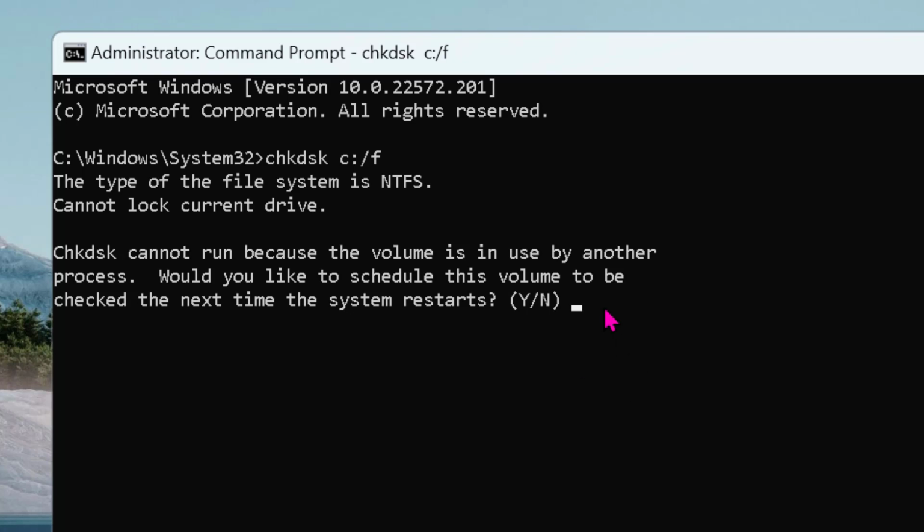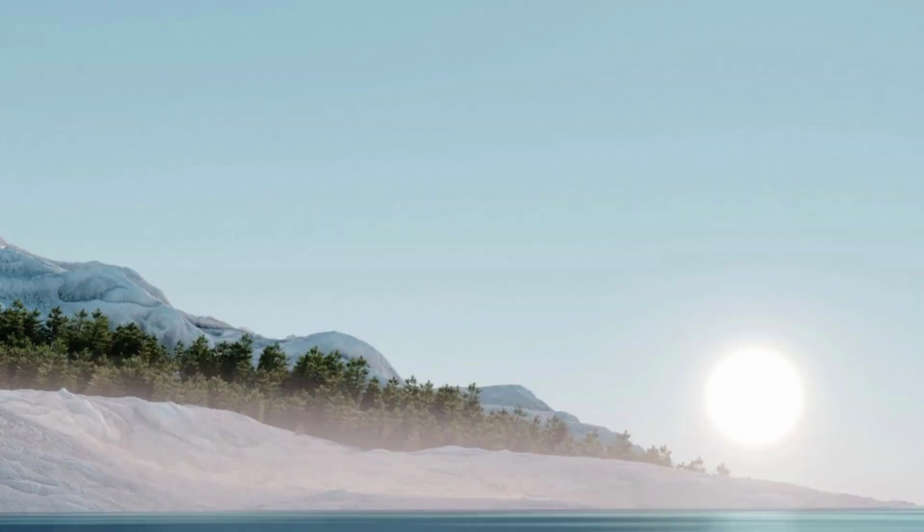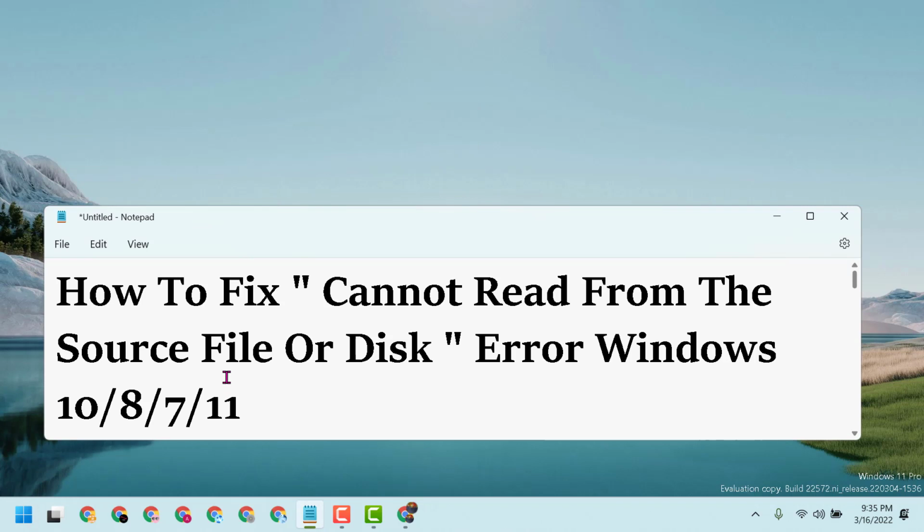Now type Y, then press Enter. This volume will be checked the next time the system restarts. Now close it, and guys, you have to restart. So this way you can fix and resolve the "can't read from the source file or disk" error on Windows 10,